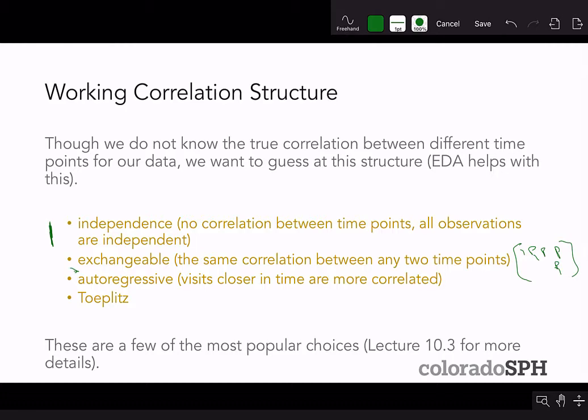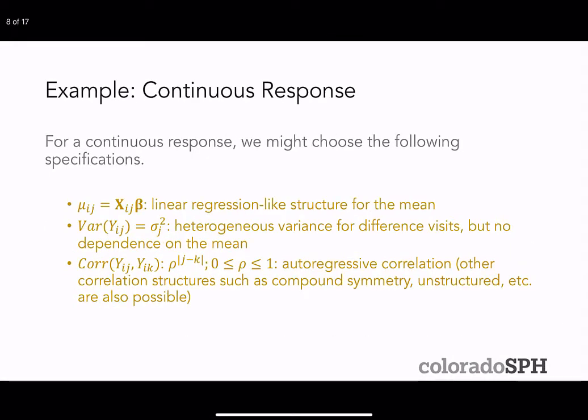There's autoregressive, in which visits closer in time are more correlated. And we discussed the Toeplitz correlation structure as well in that lecture, which is a generalization of the autoregressive structure. So at a high level,